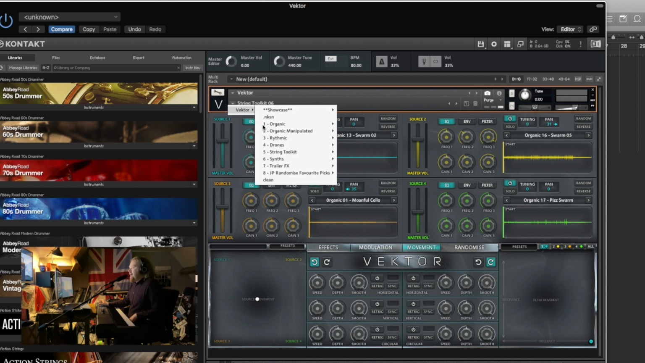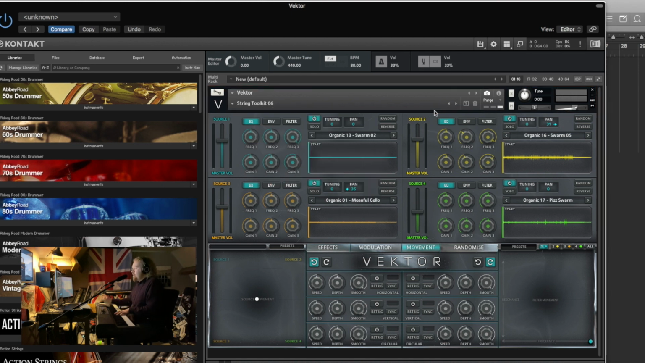So in the snapshots you get 10 string toolkits. They're all basically string longs, from swarms to flautando to tremolos. There's all different types of articulations brought together to create this toolkit of a sound. So you can look at things like string toolkit 6. It's using quite a lot of swarms, and it gives you that lovely overall sound, and that's what basically brought me to making this lot of presets,